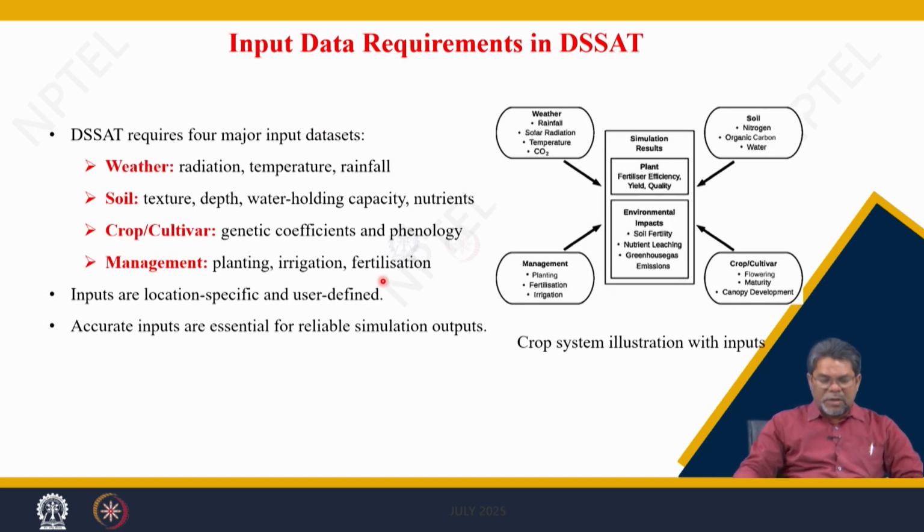And if you see the data requirements, the weather data. As you discussed earlier, for a real-world field experiment, if you go for crop production in the field, you need four major components: the weather and the soil, then the management, and the crop cultivar. So, the four major components are weather, soil, management, and the cultivar file, that is, the crop or genotype characteristics of the variety.